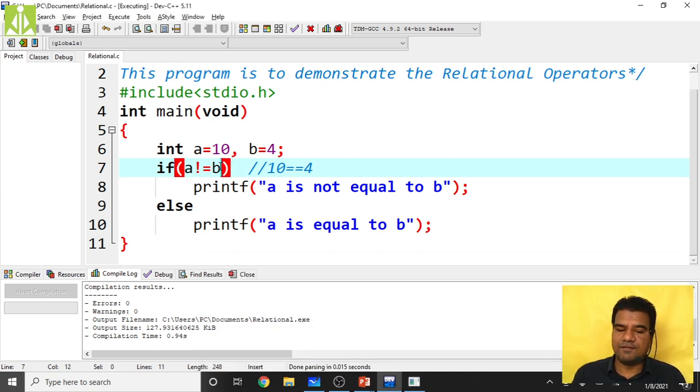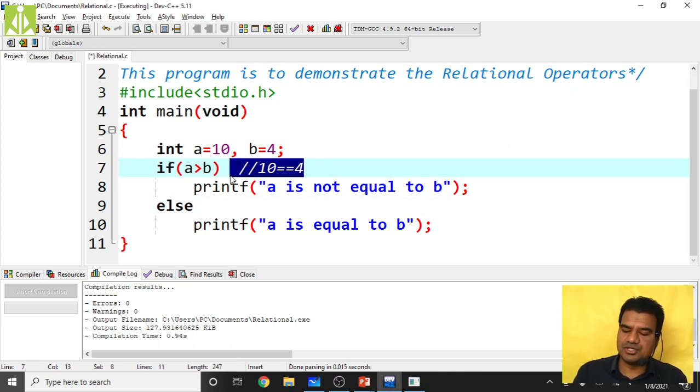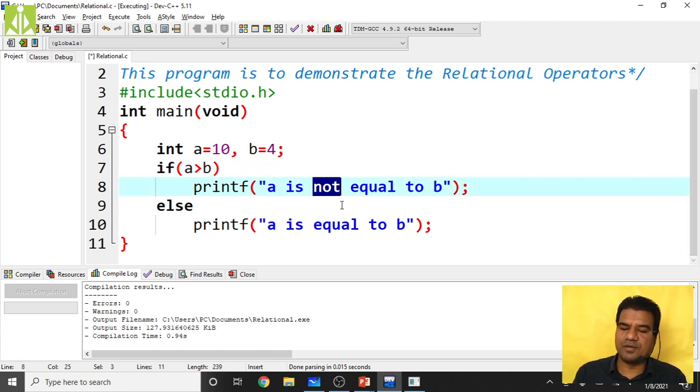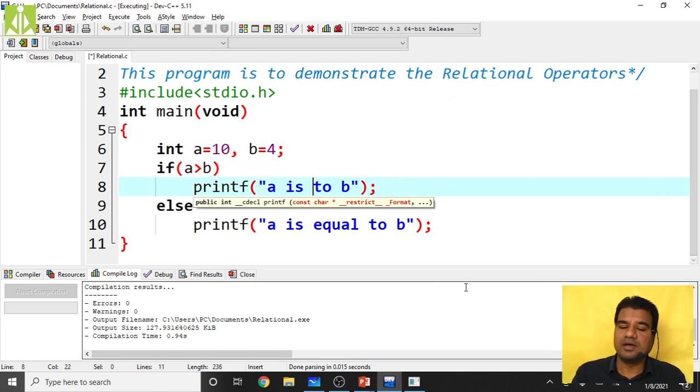So then if I say A is greater than B, is it true? If this is true, I have to get it from the true block. A is greater than B, like this.